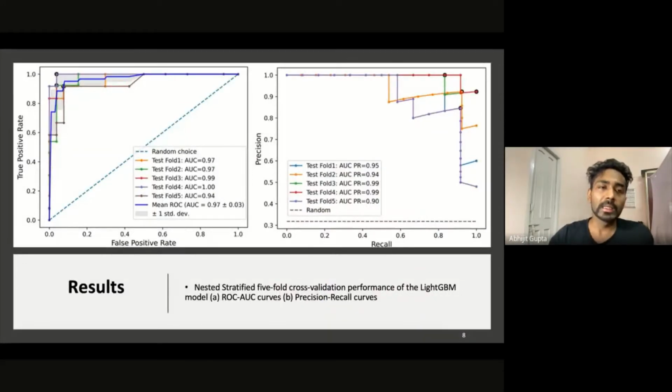And finally, I have shown here the result of the LightGBM algorithm. You could see from this ROC graph, ROC represents the true positive rate versus the false positive rate. And the higher the point you achieve on the top left, the better the algorithm is performing. You could see we obtained consistent scores throughout our fivefold. And especially PR curves, which are precision recall curves, are important when you are working on a class imbalance problem. For this particular A DNA, we obtain a very high value of the precision recall curve as well.